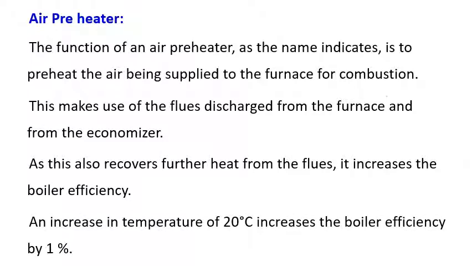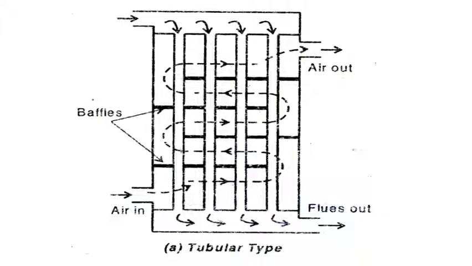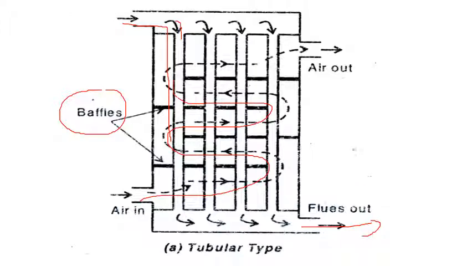So this increases boiler efficiency by around 1% for every 20-degree increase in the temperature of the air. Here you can see the flue gas, and I am passing the air over here, right? The air passes out, and here the flue gas is coming out, right? The flue gas goes out from this path, and the baffles are just giving a direction to it. So baffles are plates that give direction. If a baffle falls down or there is damage, it short circuits your flue gas path.